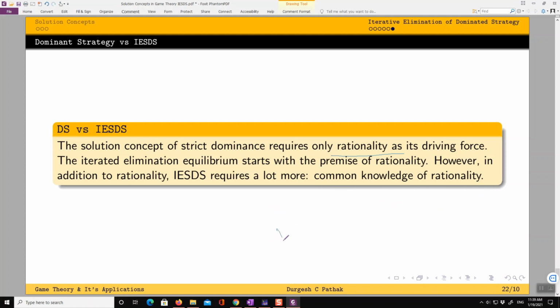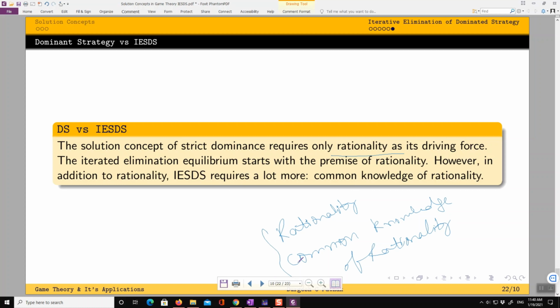So this requires rationality and common knowledge of rationality. So the information required here is much more than for simple dominant strategy equilibrium. So this was the IESDS.